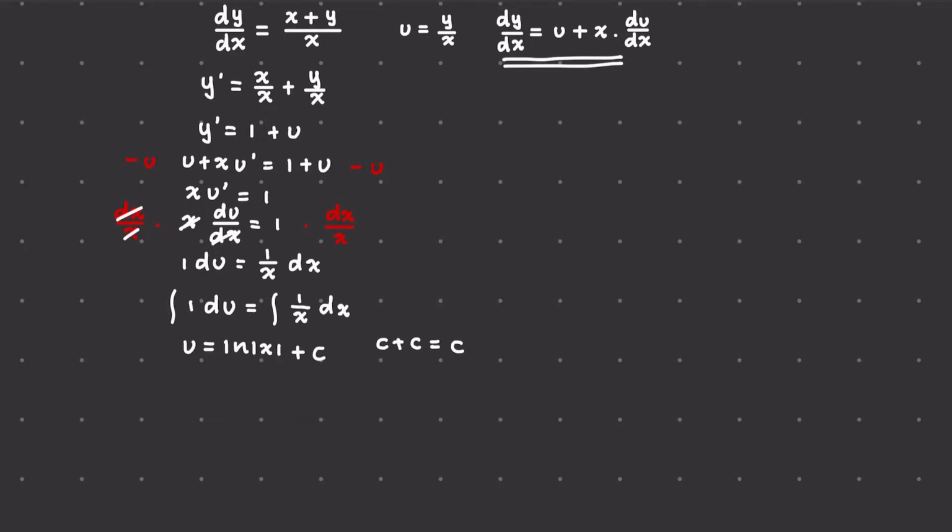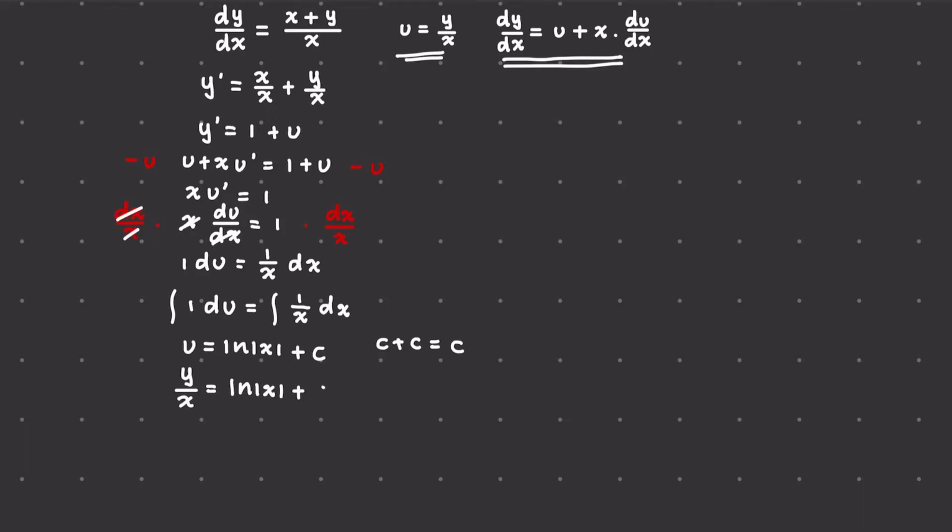Okay, but wait a minute here, we want to make this equation into a y equals equation, and how would we do that? We see our x here, so we know that our right side is fine, but we've got a u here, and what will we need to substitute u for? We know at the start of the problem we've set u equals y over x, and so we can make another substitution here, u as y over x equals ln x